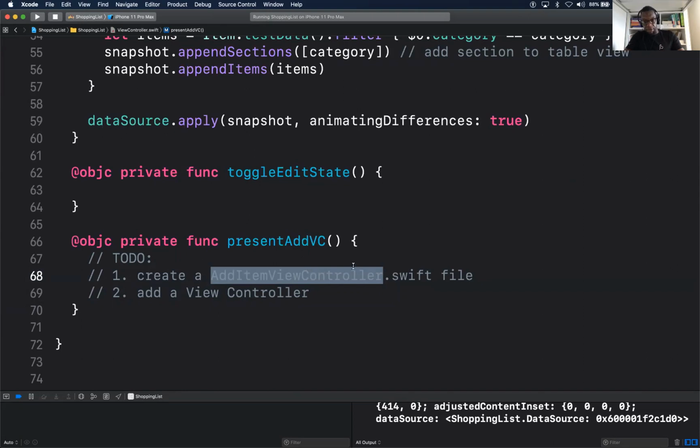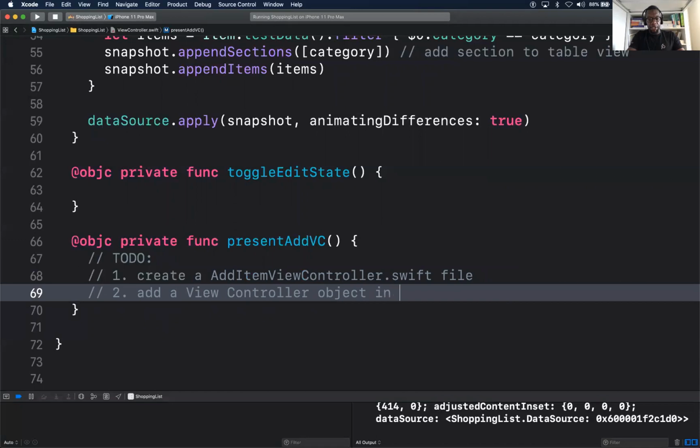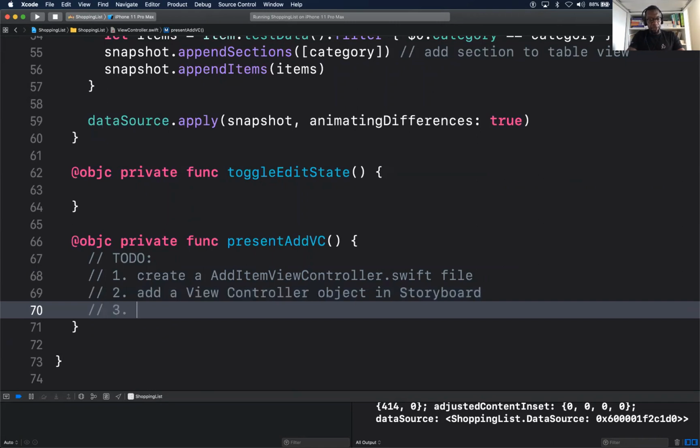It's the Cocoa Touch file. Okay, yep. Add a view controller object in storyboard. Next, we need to, so we said add two text fields.